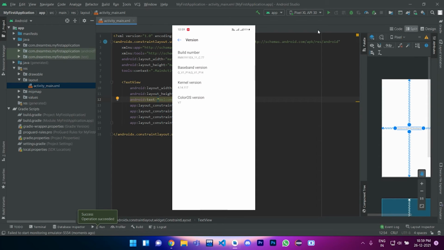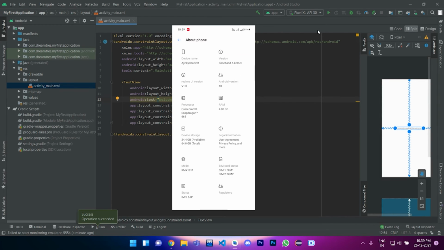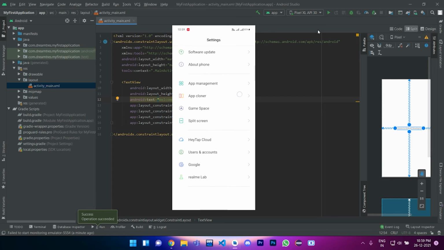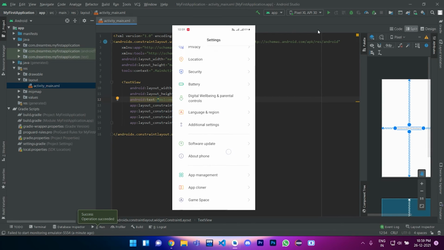Then you can see there is a separate text called build number. You have to press it 3 times. As it says, no need, you are already a developer. I had already enabled developer mode, so it was not showing. In some mobile phones it will take 7 taps, in some it will take 3 taps to open developer mode. So go back, and then you will see